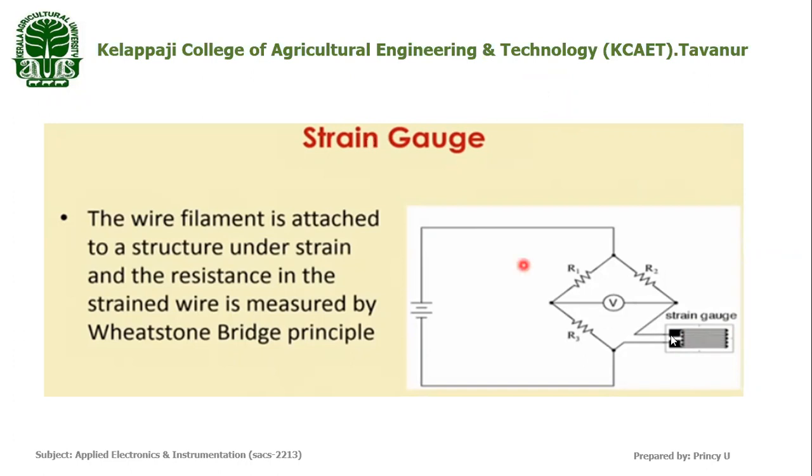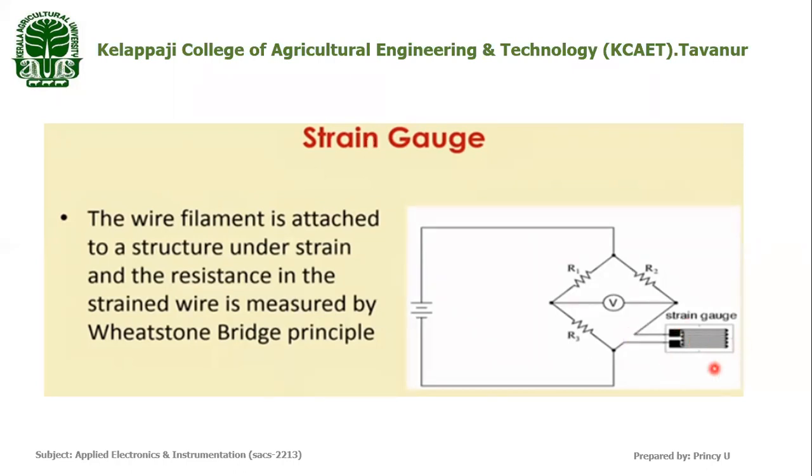Okay, then when we apply a force on a solid material, we have already bonded the strain gauge on that solid material. So the same strain will be affected on this strain gauge also. So when a stress or strain is applied on a conducting material, a wire, it will be either elongated or compressed. So this elongation or compression will change the length of that conducting wire or change the area of cross section, or some deformation will cause a change in resistivity of that material. So it results in a change in resistance.